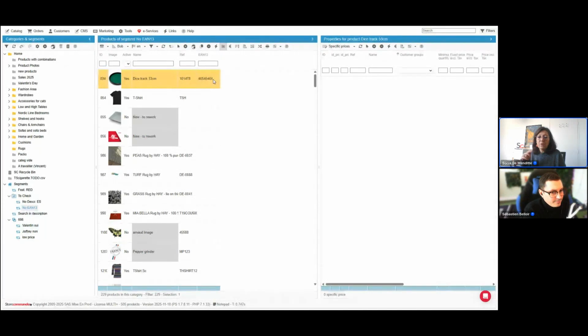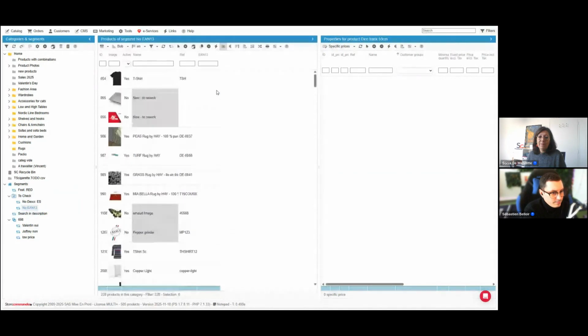And because the segment is automatic and dynamic, the product onto which I added the barcode is no longer a product with no barcode. Therefore, it will disappear from my list. If you add new products tomorrow and some don't have a barcode, they will appear in that segment. So you don't need to rerun an export or an import. You just simply click on the segment. That's pretty useful for your organization. It's fantastic. So you can do everything that you need.